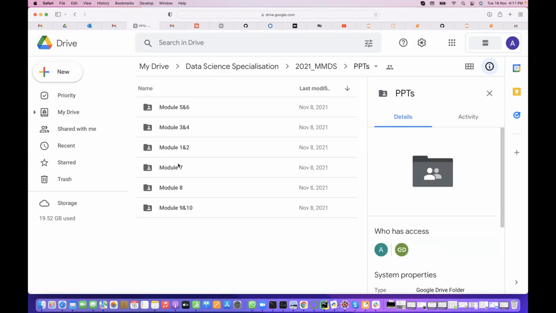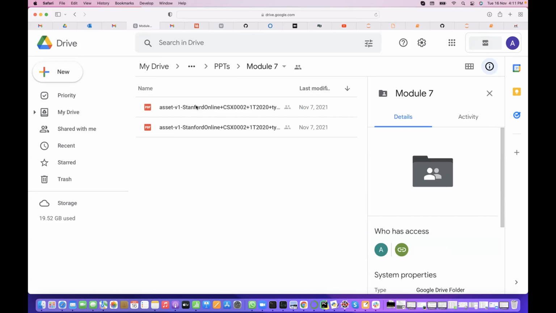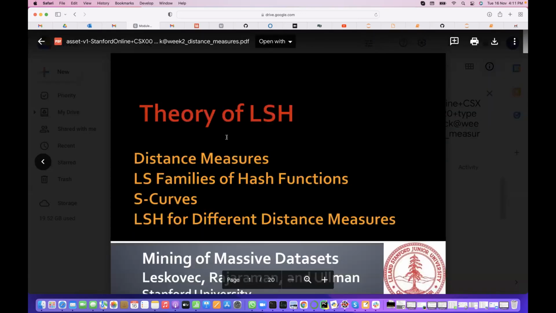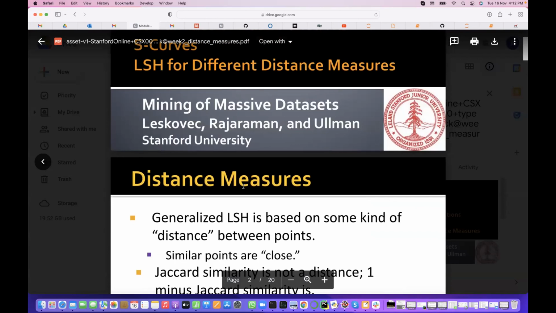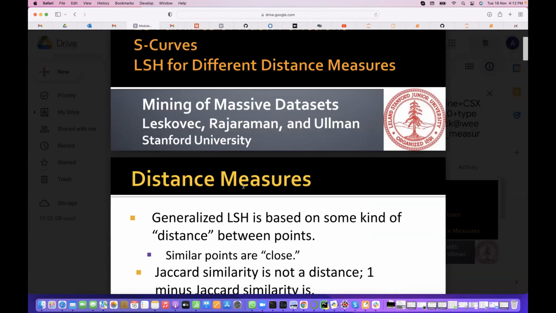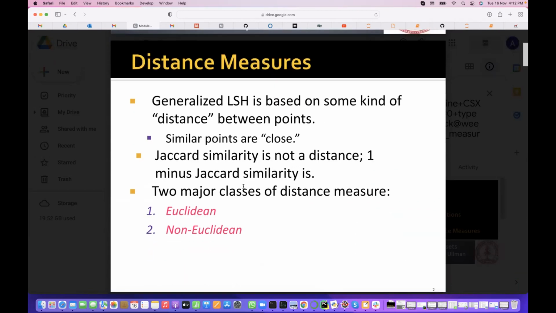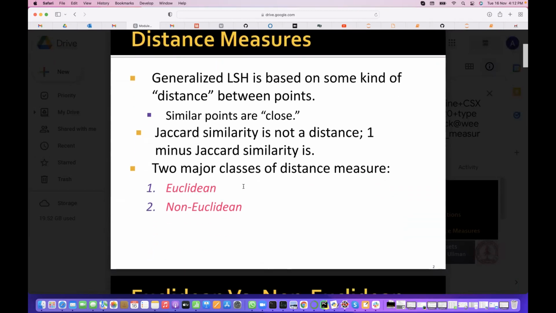So we also need to finish module 7 today. This is a small module. We already discussed these distance measures in data mining. Any questions? Somebody is saying something. So, in distance measures,